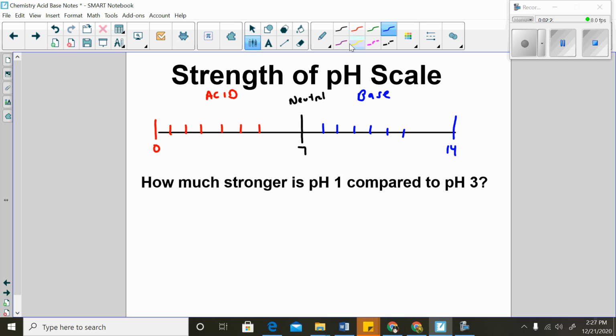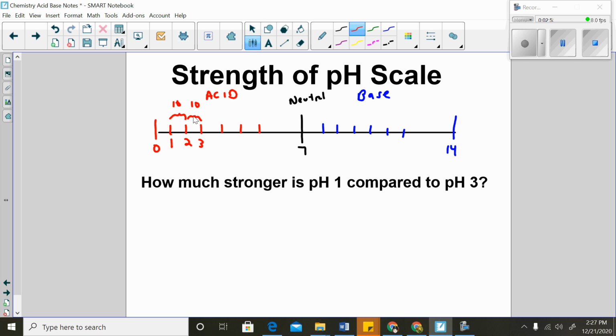But what I want to point out to you is the difference between these numbers. So it isn't just a difference of 1 to 2 to 3. It's not a difference of 1 in between each of these numbers. It's actually a lot greater than that. So between pH 1 and pH 2, there is a difference of 10. That's what logarithm is based on, right? The number 10. So in between pH 2 to pH 3, it's not a difference of 1, it's a difference